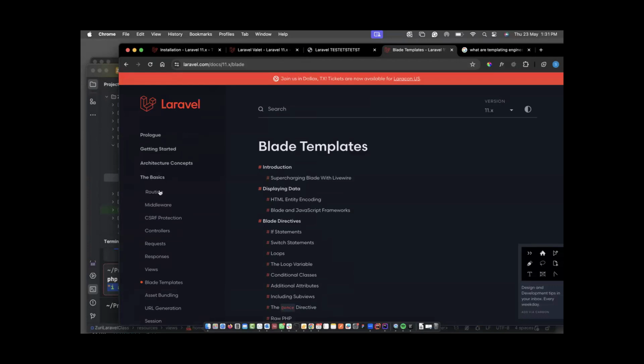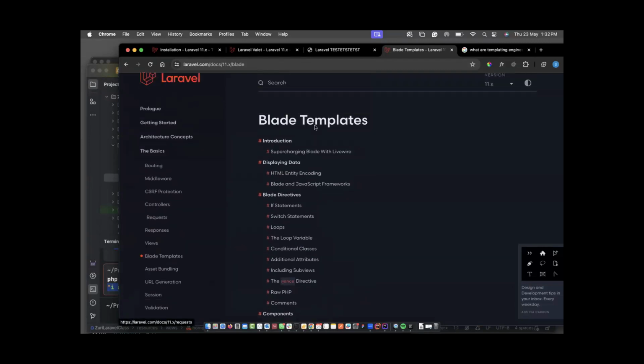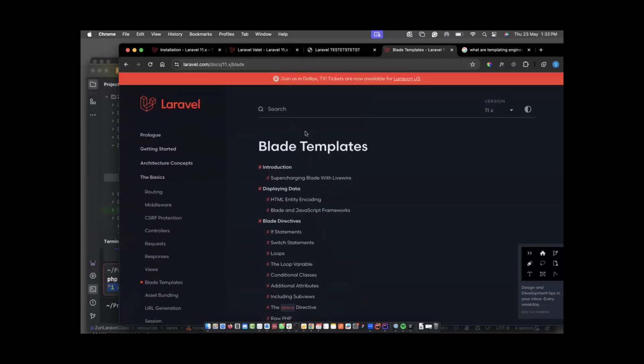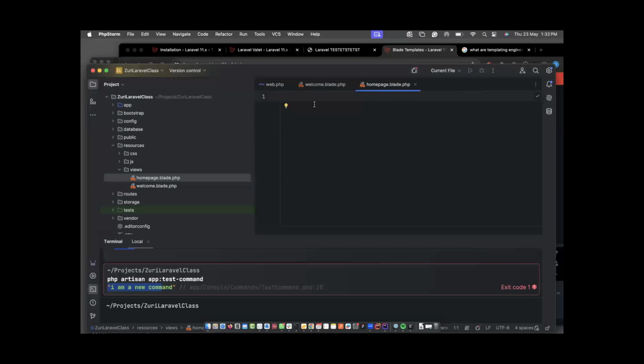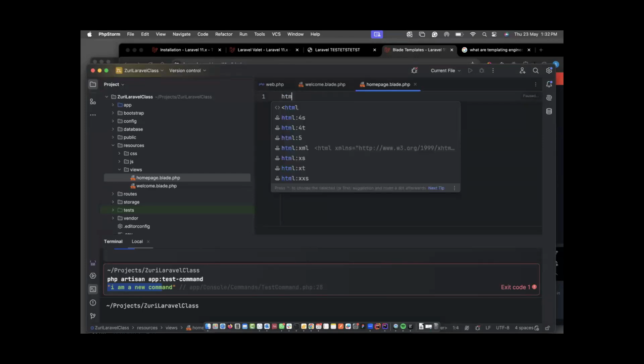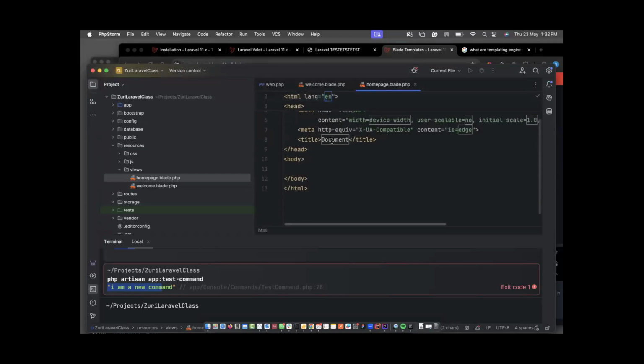I would also be showing you, hopefully later, how to set up a full application by just running a couple of commands. Okay, so we've created a page. Let's have the basic HTML5 template, and just say I am a new page, and then say